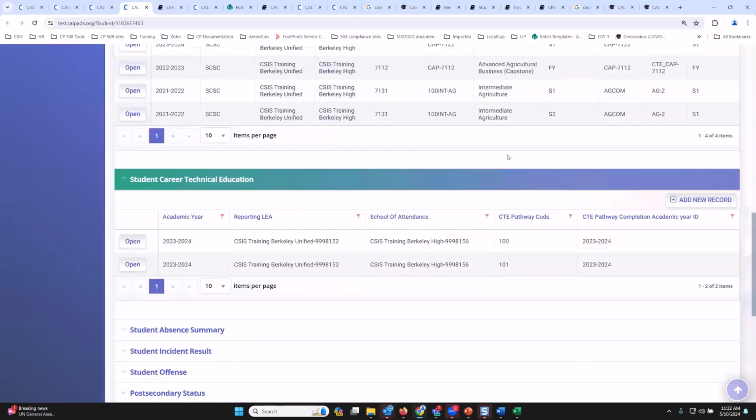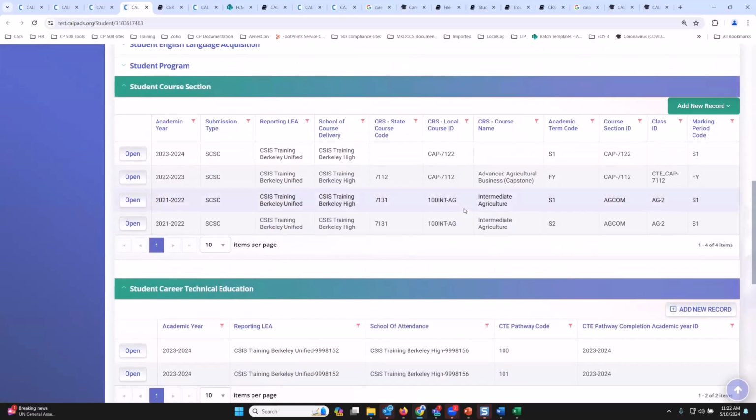All right, I'll give you a clue. The semester 2 is missing. You need the correct state course code. Well, the state course code when I submitted the file is correct. It's just that there's something wrong with the record. That's why it's not showing here. Normally, if you have this behavior in CalPADS, there is a data discrepancy error.